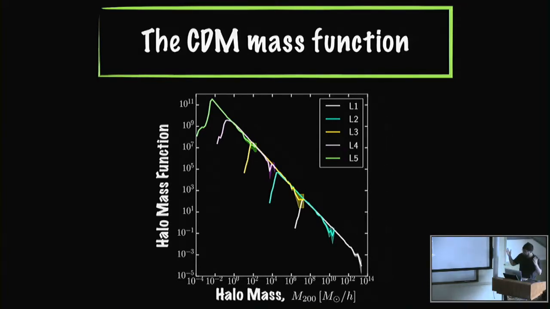So this is now, I guess for the first time, the mass function of cold dark matter resolved at redshift 0 across almost 15 orders of magnitude or so. And what's quite interesting is they all seem to lie on a fairly well-defined power law slope, which is what one expects from the particular cosmology this is looking at.